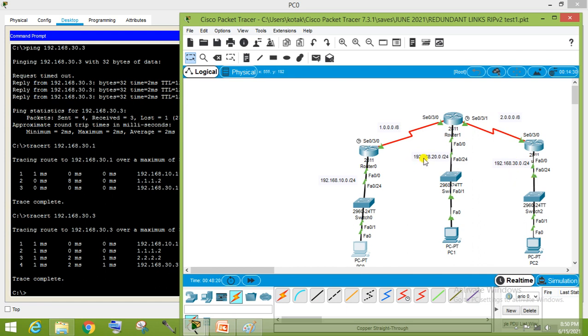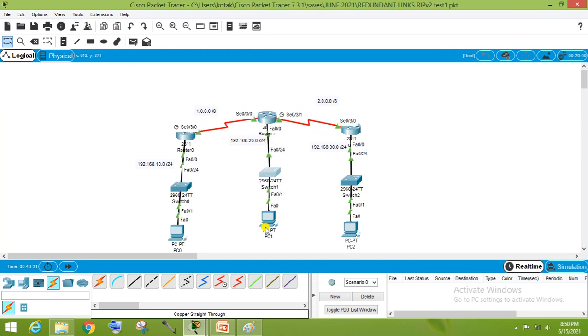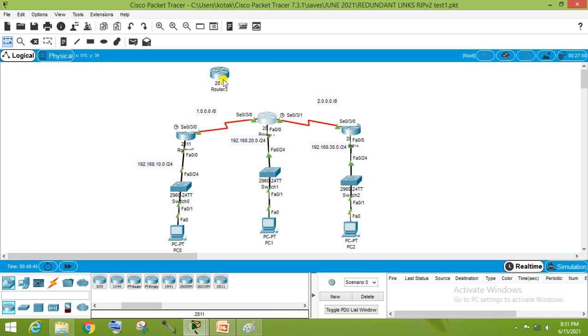Now we are doing some additional changes in this topology. Just add one more route. Okay, so I'm just minimizing this one. Just modify this topology. Okay, so I'm taking another router, suppose this one. Or I can currently leave it. Just leave it. I'm just doing a direct connection to this.